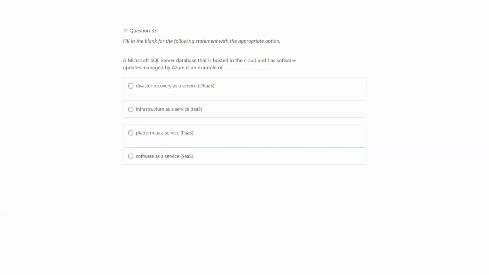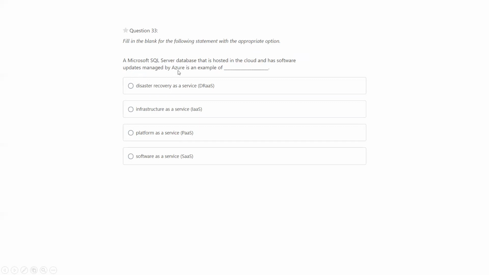A Microsoft SQL Server database that is hosted in the cloud and has the software updates managed by Azure is an example of. So here, Microsoft SQL Server database hosted in Azure with software updates managed by Azure.